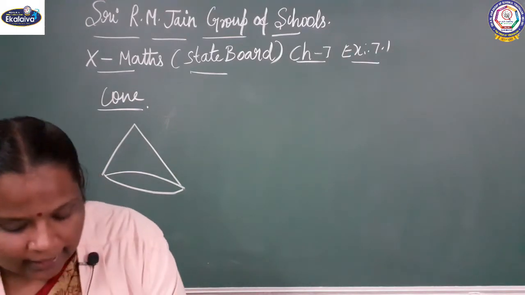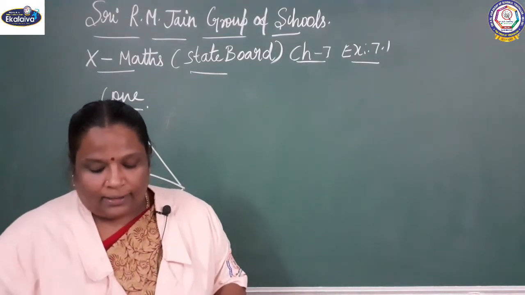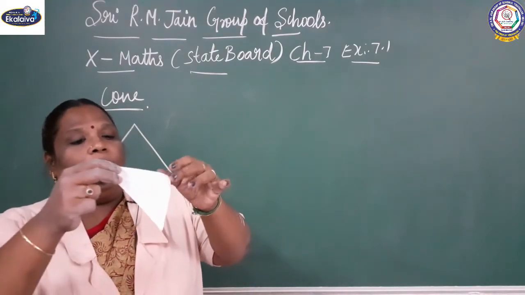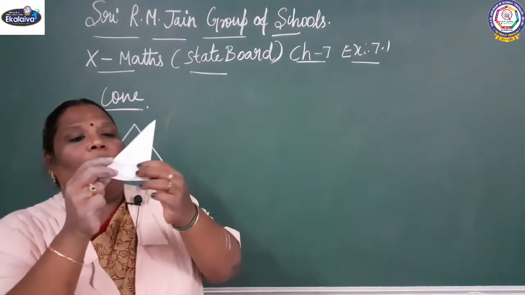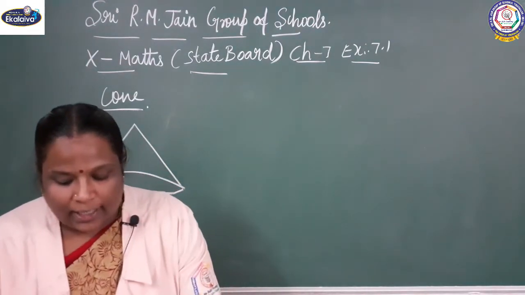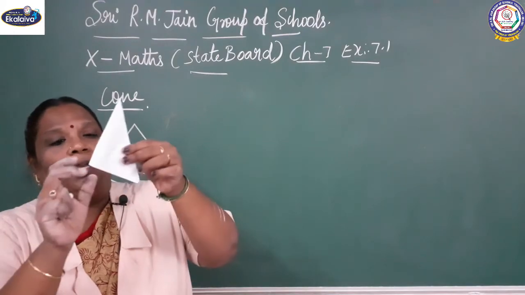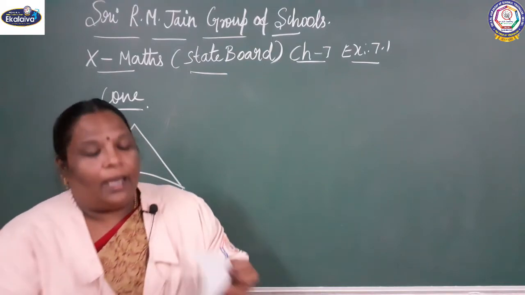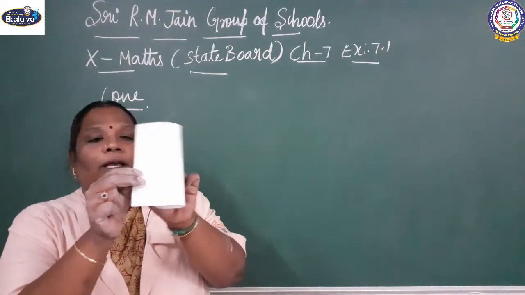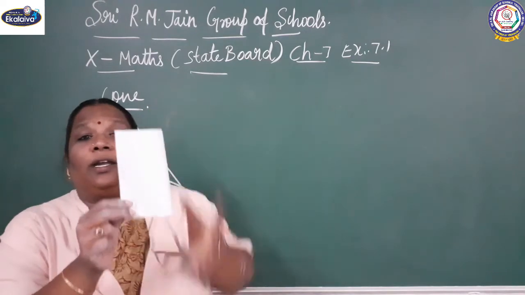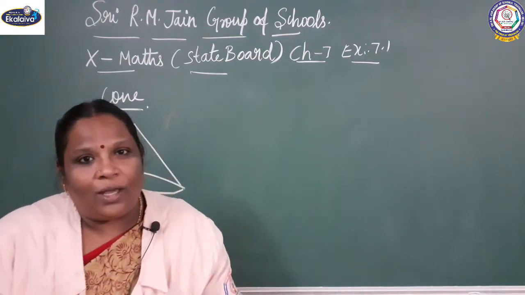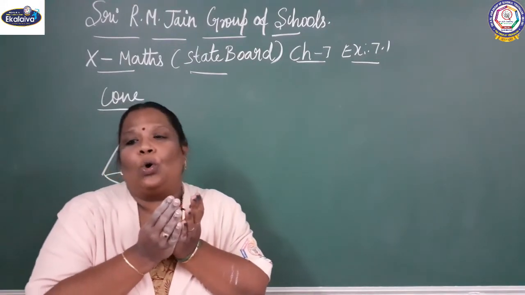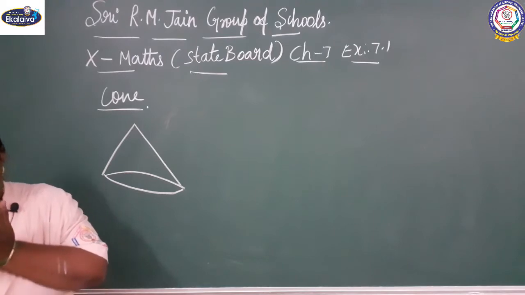This is a right angled triangle. It is revolved like this. You can join the edges and get a cone shape. When you take a rectangular sheet, you can fold it breadthwise or lengthwise and get a cylinder. The same way, with a right angle triangle, you can fold the edges and get a cone by the revolution of the right angle triangle.